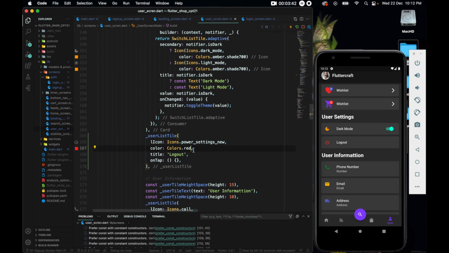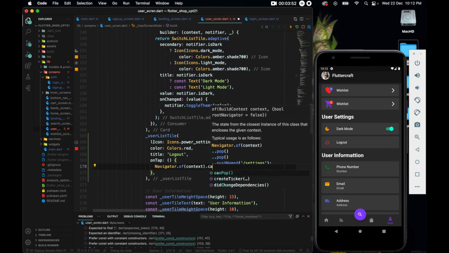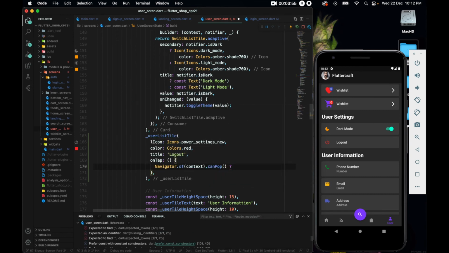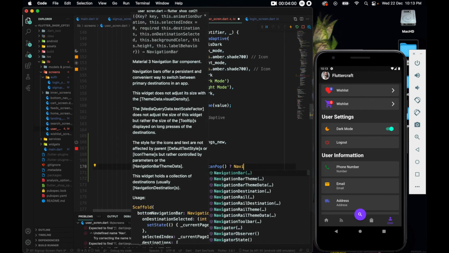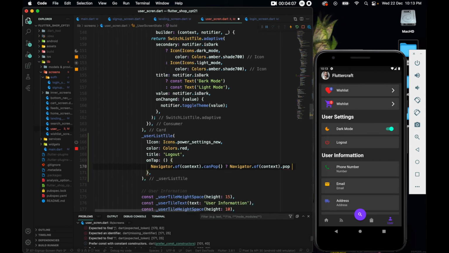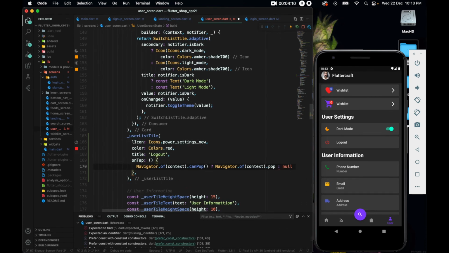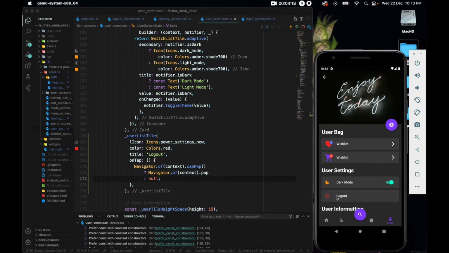Maybe yes. And for the onTap function body, I'm just going to ask a Navigator: Navigator.of(context).canPop. So if popping is possible, I'll call Navigator.of(context).pop, or else it's just going to be null. So with that, if we click it,